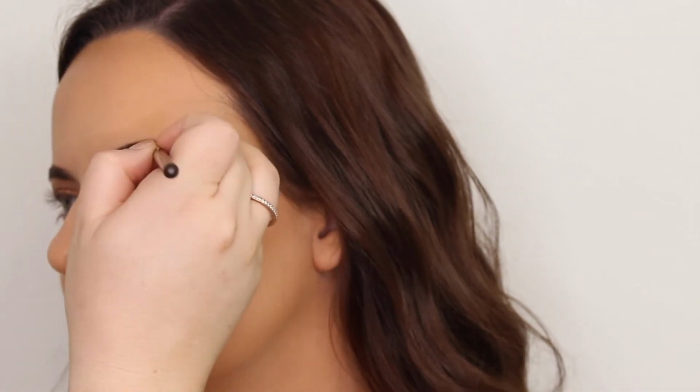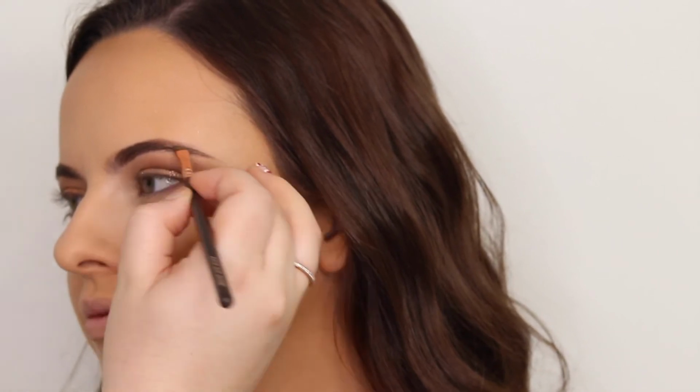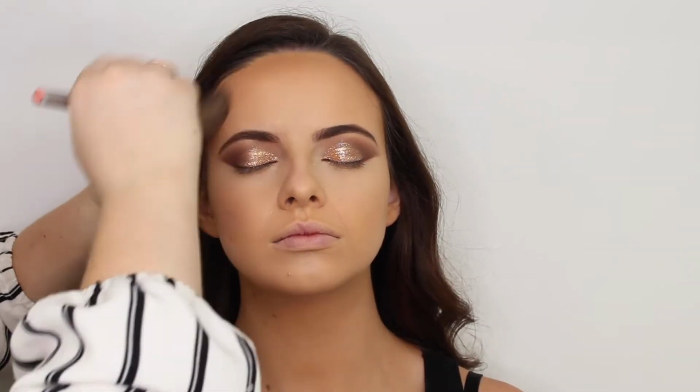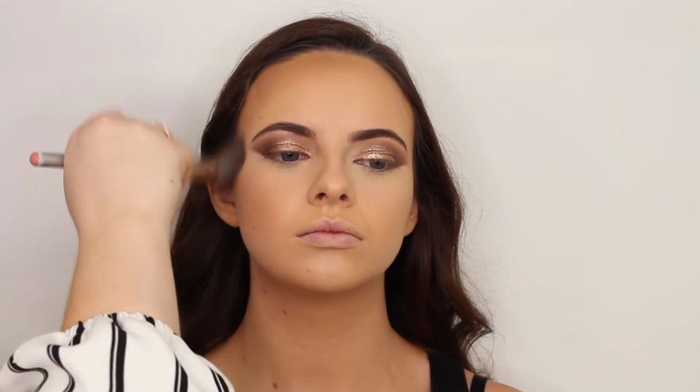Liv has quite amazing brows thanks to Brow Lab in Brighton. They are incredible. So I don't really need to do much. There is a few little areas that I just fill in a little bit, but apart from that, her brows are quite flawless. I'm then just going to highlight the brow bone underneath with a nice small flat brush, and we're good to go. I'm then going in with a fluffy brush and the Anastasia Beverly Hills powder contour kit,